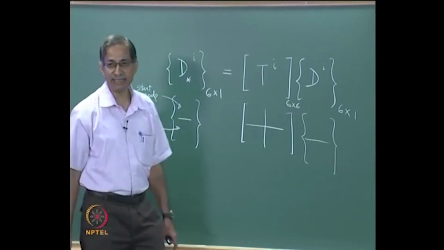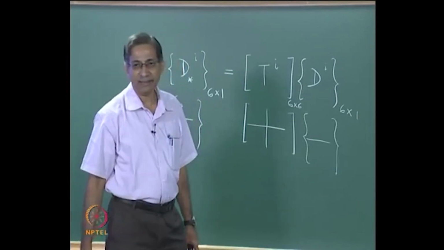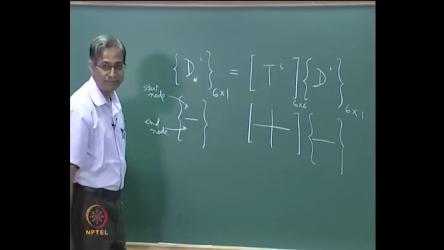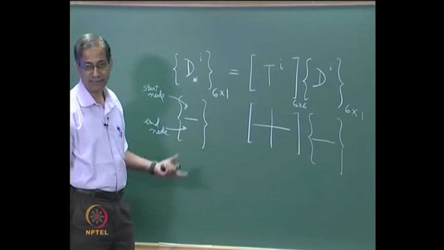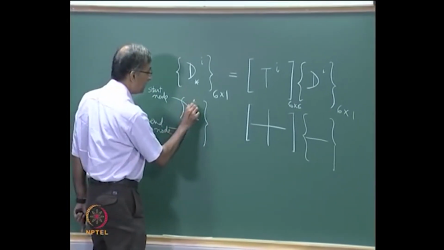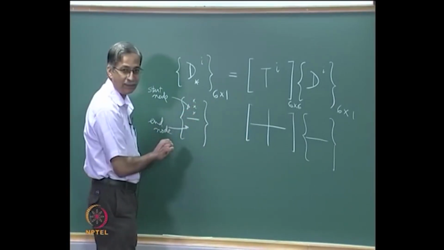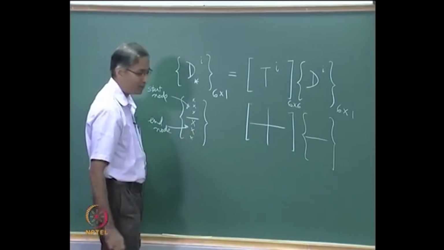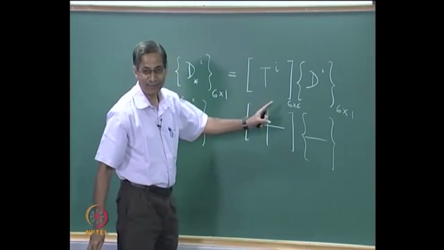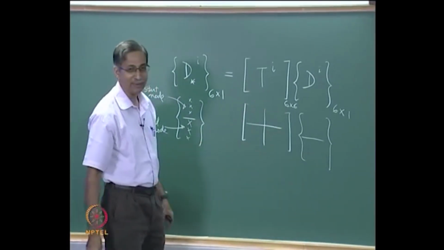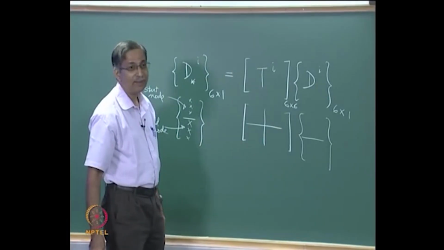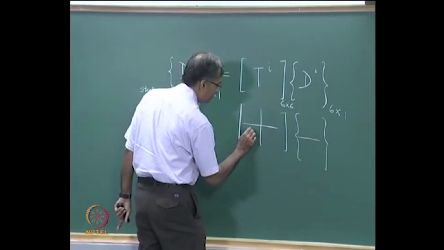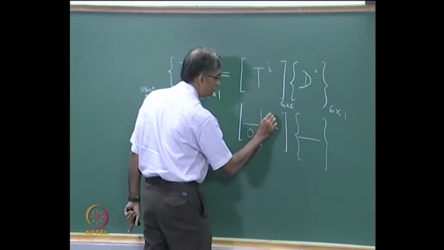Because you are following a stiffness formulation, will there be any relationship between this and this? They are independent. Actually, this is independent of this, and this whole thing is independent of these. So you will get some zeros somewhere here, no? So which will be zeros? Yeah, so the off diagonal matrices will be null matrices,